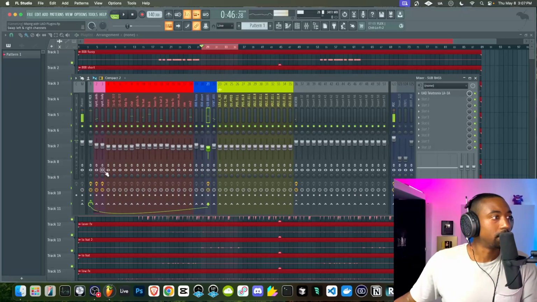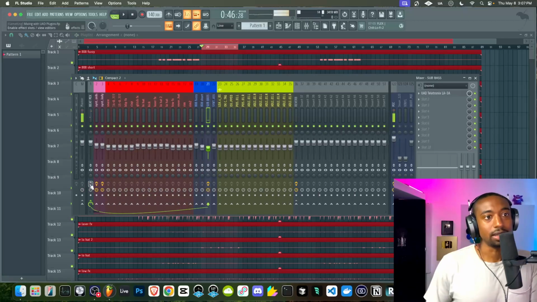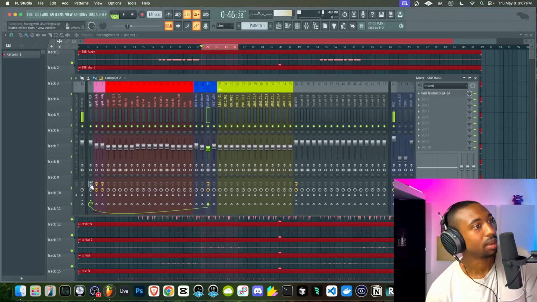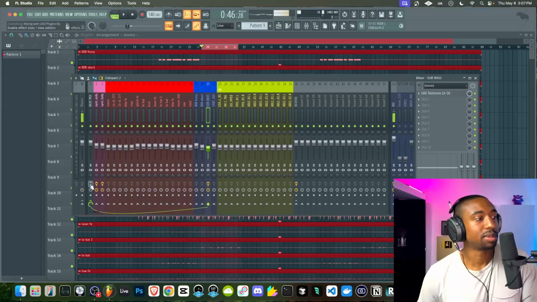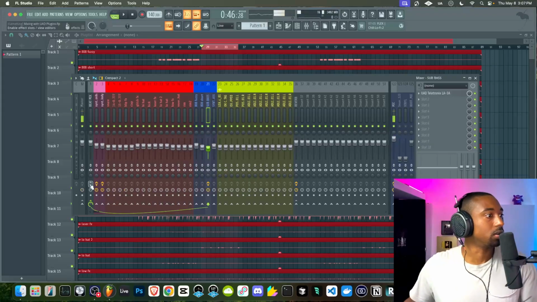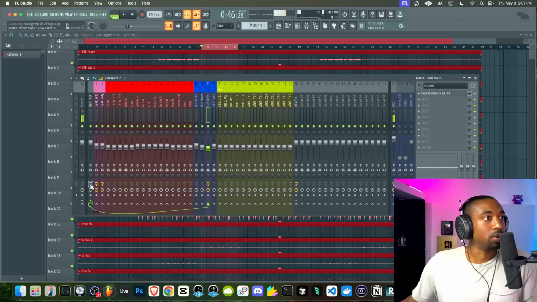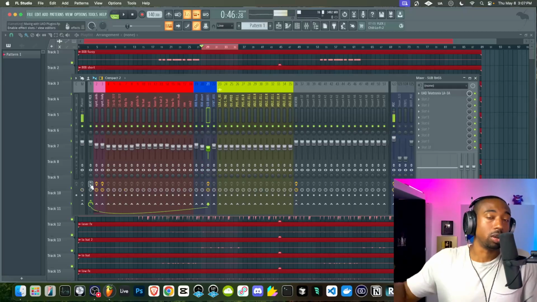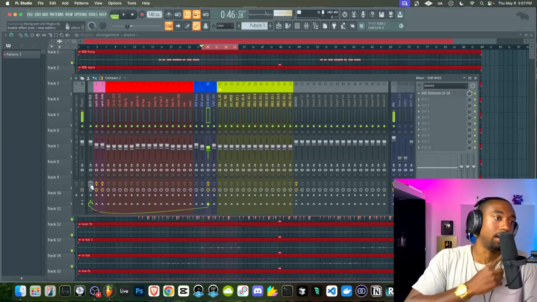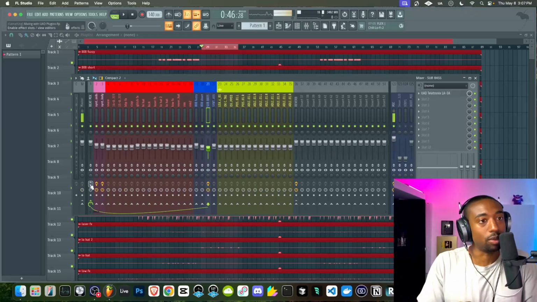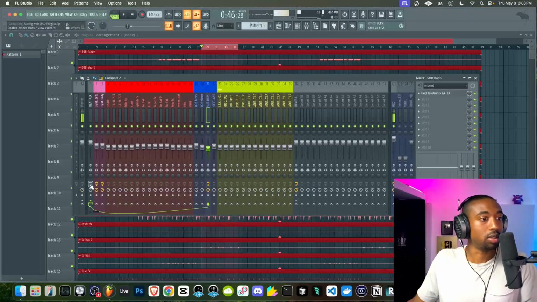Now for technical stuff like side chaining the kick to the bass, or the bass to the sub bass, that type of stuff I would use FabFilter for. I wouldn't use the UA stuff to do technical stuff like that. So UA, from my synopsis so far, it's good for sound designers and people who know what they're using it for. On the ground level utility level, I can't say that I would say this is ground level utility stuff. It's more so like where you're grabbing a specific compressor for.